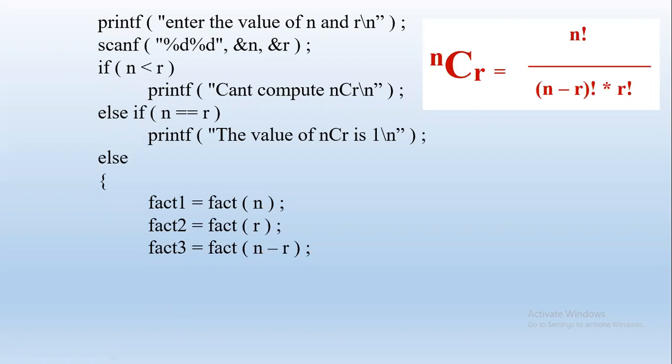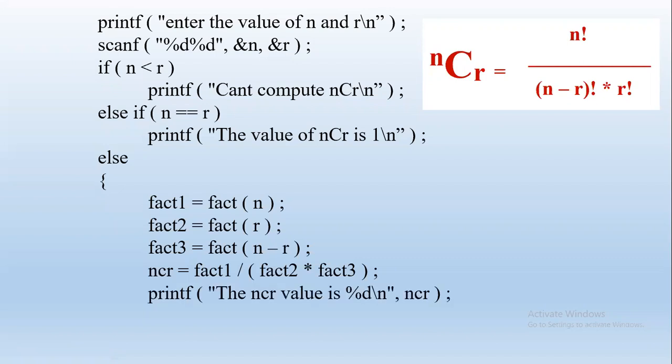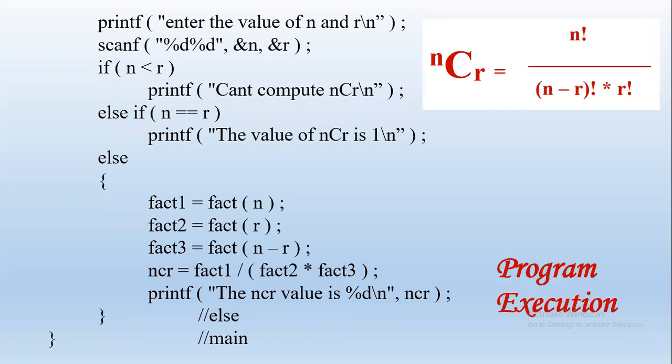So here we got the value of n factorial, r factorial and n minus r factorial in these 3 variables respectively. Now we will substitute in the formula. So fact NCR is equal to fact 1 divided by fact 2 into fact 3. So it substitutes and divide 120 by 12, we'll get 10, right? So that is the answer stored in NCR. And then print the value of NCR. That's it. Close else bracket and then close the bracket for main. Okay, execute this program also.